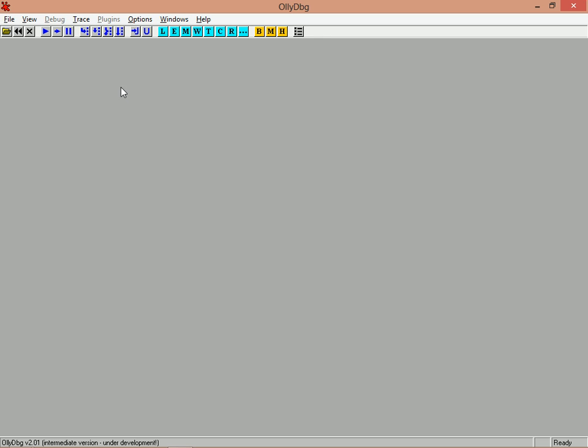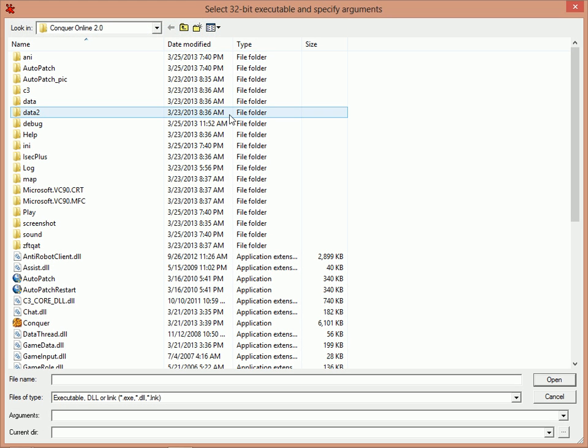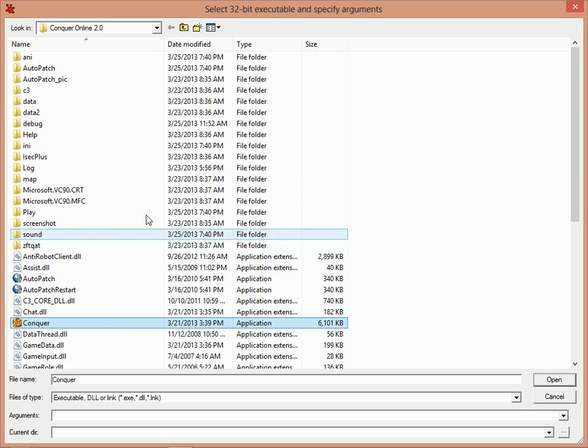So if you still don't understand stuff, all you gotta do is also Google it. Google, again, is your friend. So I'll just click File, Open, and I have a clean installation of Conquer Online, and